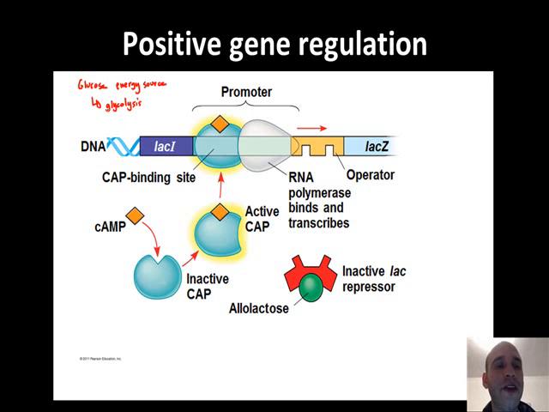So if there's not a lot of glucose present, though, this E. coli, this bacterial cell, will also use lactose if it needs to. But again, it prefers to use glucose. Glucose is much more preferred. So what happens when glucose levels are low,